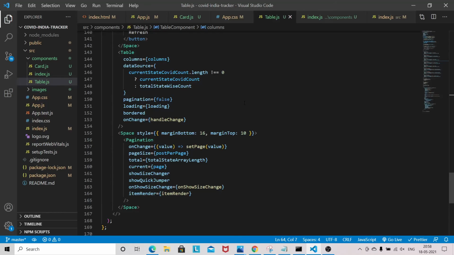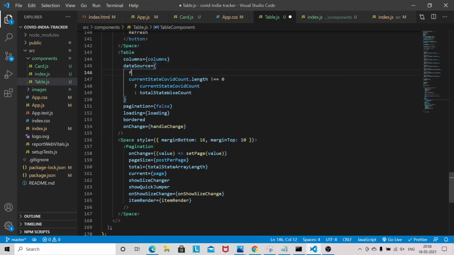Okay, so if we have the filtered data length, then we'll show the filter data, and we'll check the current COVID state count.